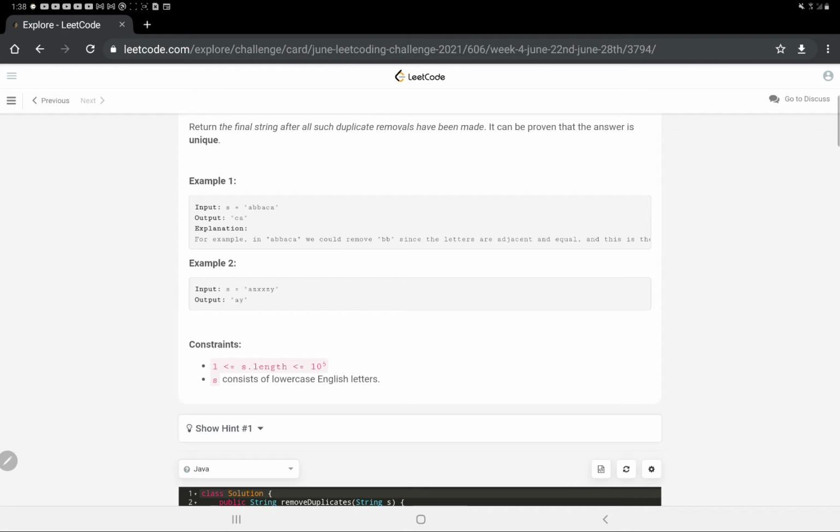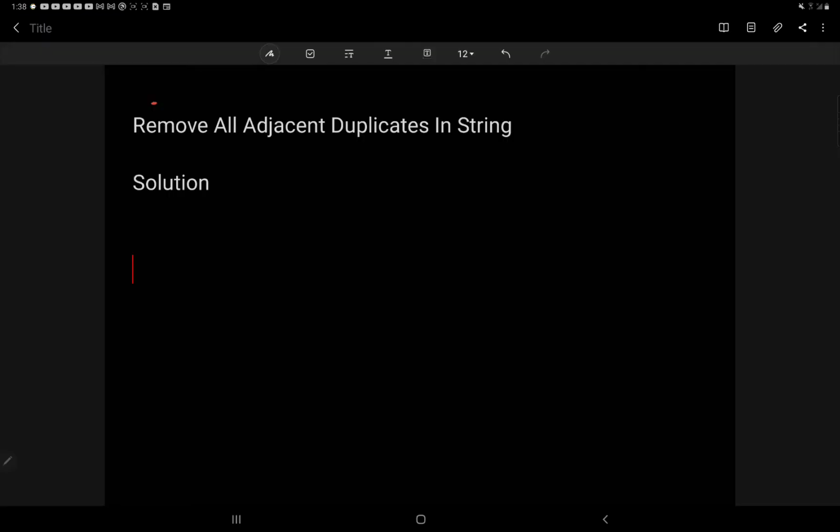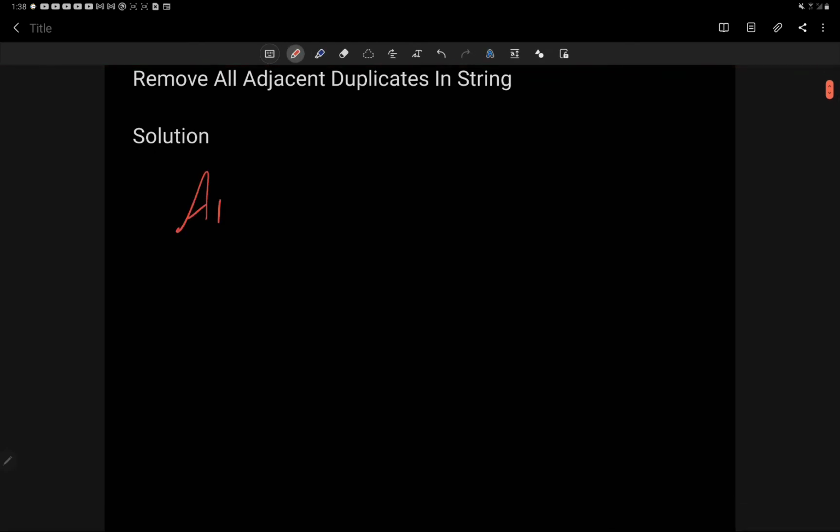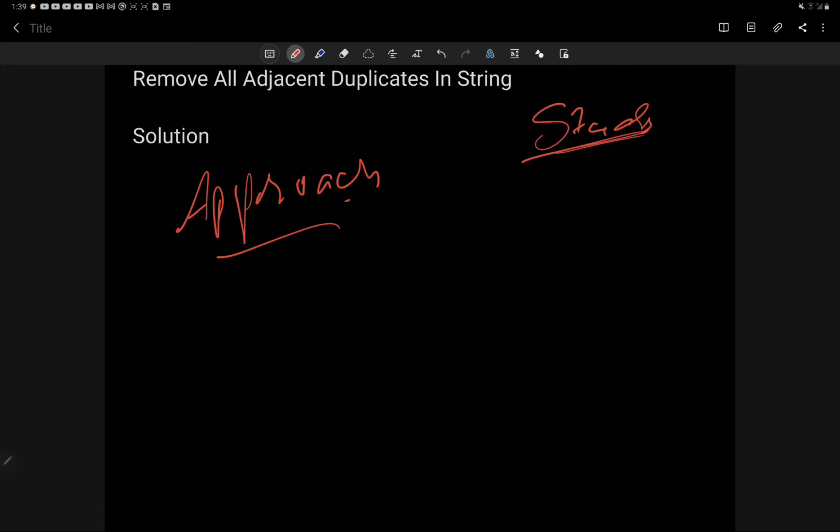Now moving on, let's see how we are going to solve this question. Let's see the approach for this question. Now the order matters, and now we have to look for the unique neighbors that are adjacent to them. So how are we going to do it? One such data structure that can help us to solve this particular problem is stack. Why stack?